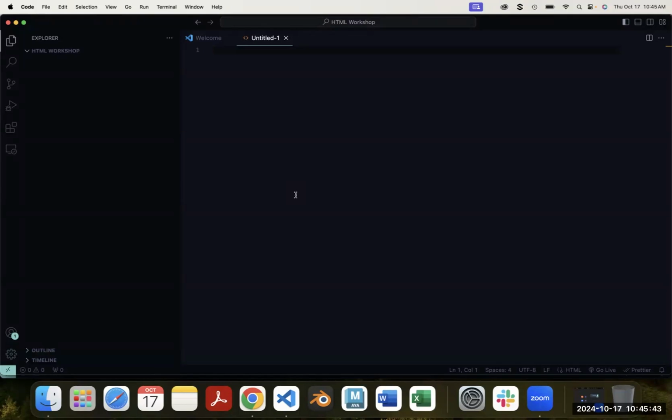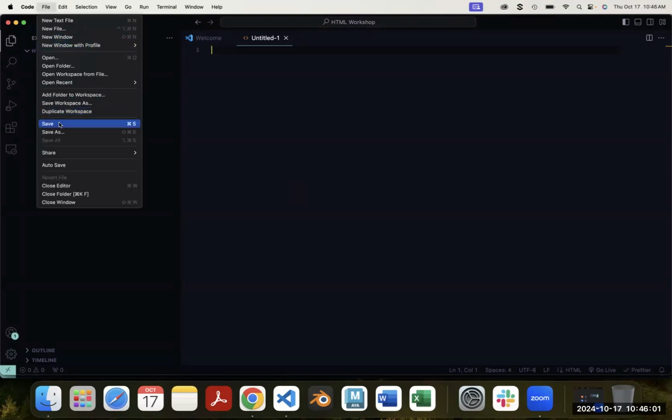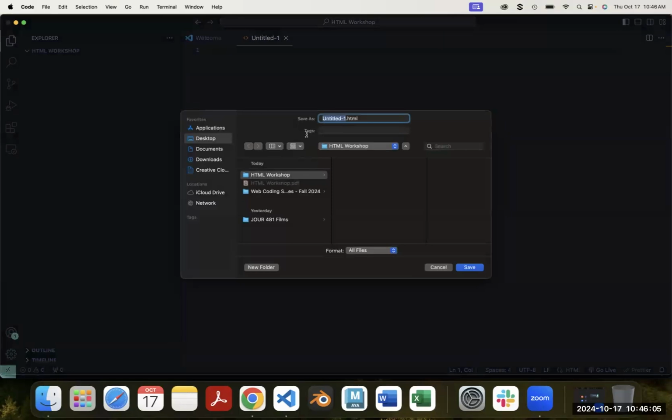It just helps us out a little bit. So you put new file, text built in. Now let's go ahead and save this right away. So you just File, Save, and make sure that you're saving it in your folder that you created and call